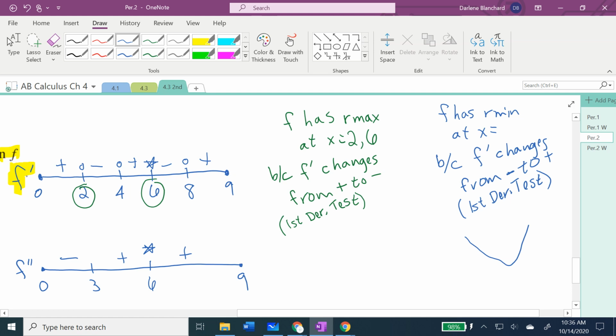So now I go over to my f prime chart, where I named it f prime so that I would look at it under the right circumstances, and I'm looking for negative to positive. And I see negative to positive, negative to positive. And again, I can't say what the y coordinates are, but it only asks me for the x coordinates. Now,